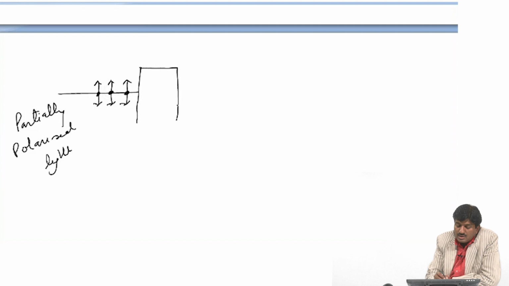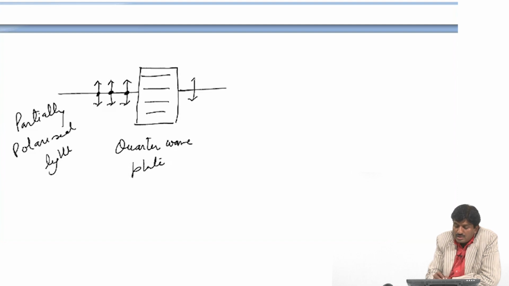If we pass this partially polarized light through the quarter wave plate, then the emerging light has no change. Partially polarized light is again partially polarized light, and if this partially polarized light passes through the Nicol prism,